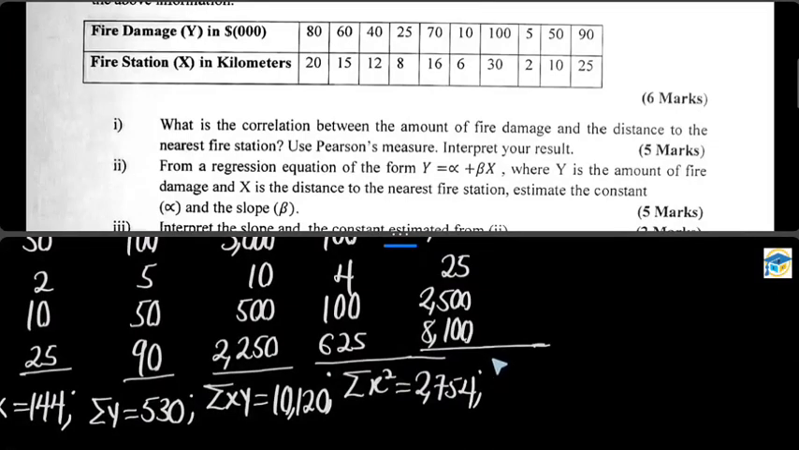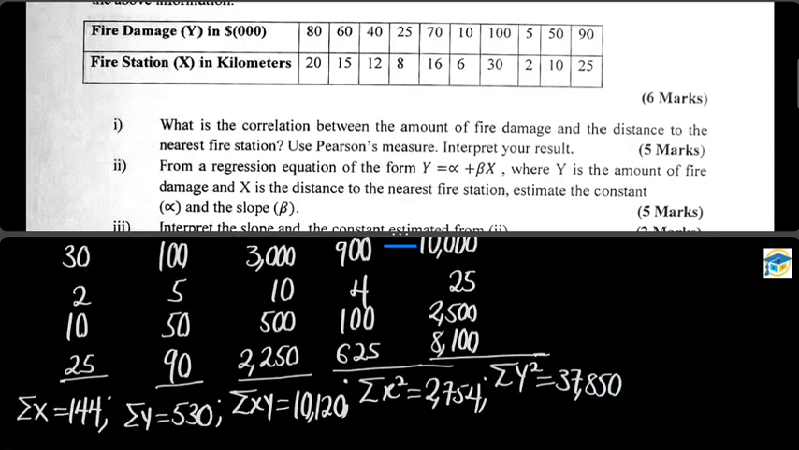So we're going to have summation y square equal to, after summing them up, a figure of 37,850. So after getting all the parameters within the coefficient of correlation formula, that's the Pearson measure formula,